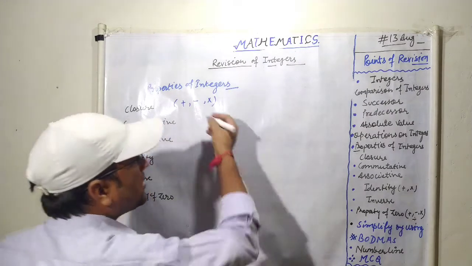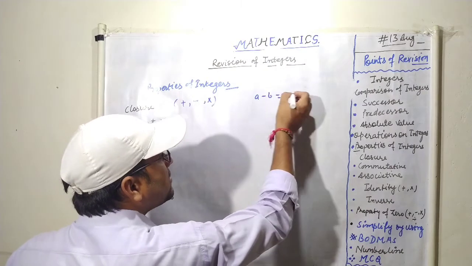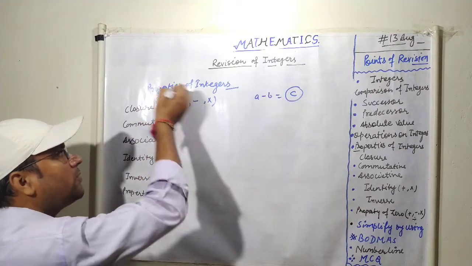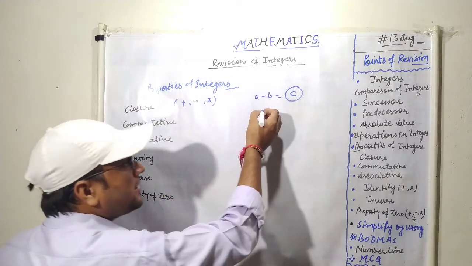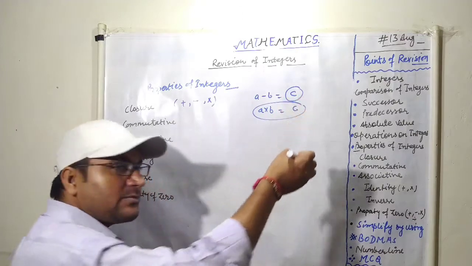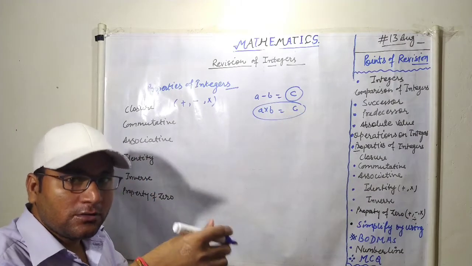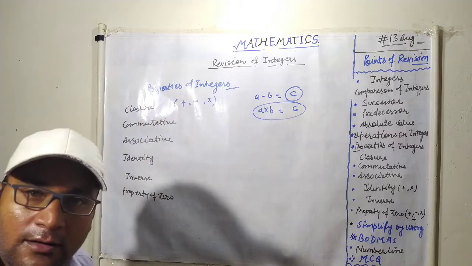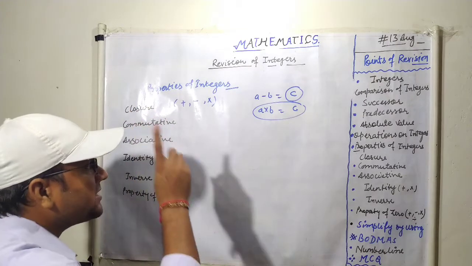The same is the case for subtraction. If you subtract two integers, you will get another integer, that also holds for closure. Multiplication: if you multiply a into b, you will get another integer, meaning you get another value that also belongs to the same family. That is known as the closure property. But it does not hold for